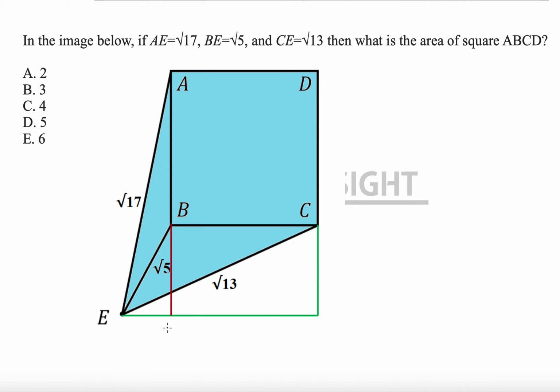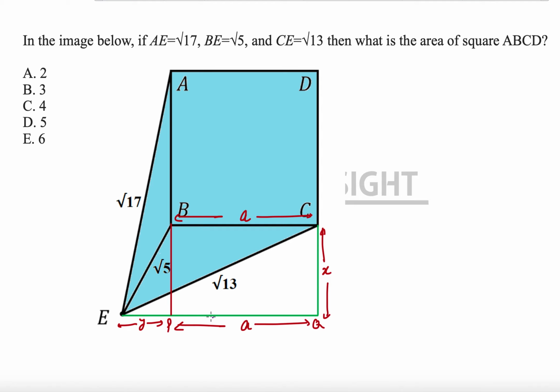Let's say that this is point P, this is point Q, and now let's start looking at it. Let's assume that this side is X. What we need to find is this side A, because if we have A, then the area of the square will be A square. Because we have dropped the perpendicular from B and C, PQ will also have the length equal to A. Root 17 will also play some part here. Let's call this Y.